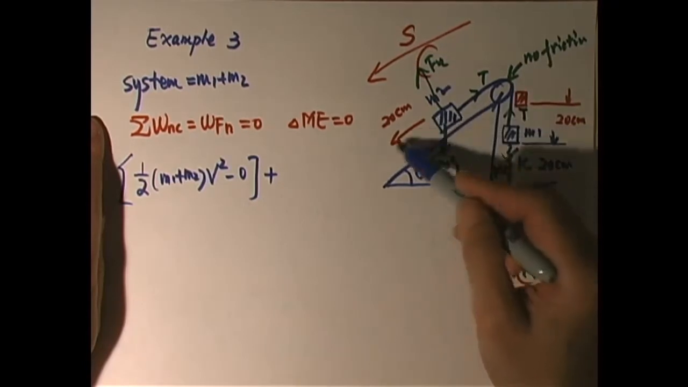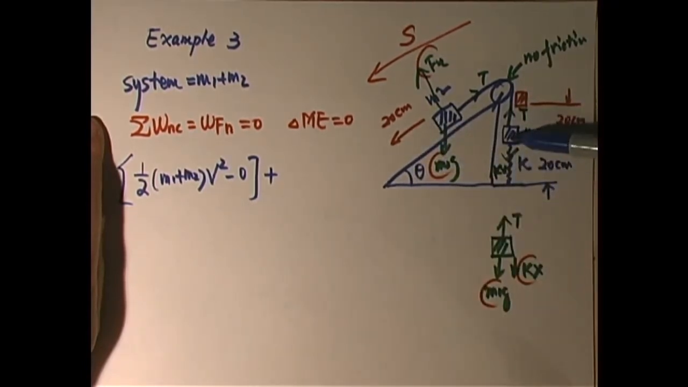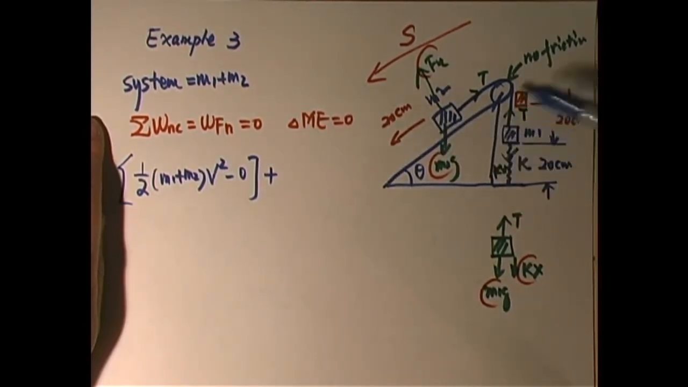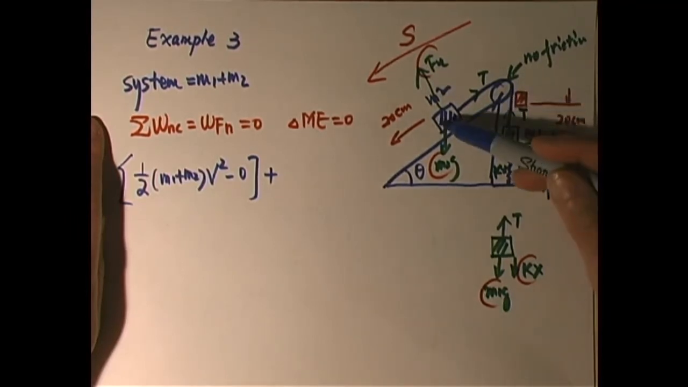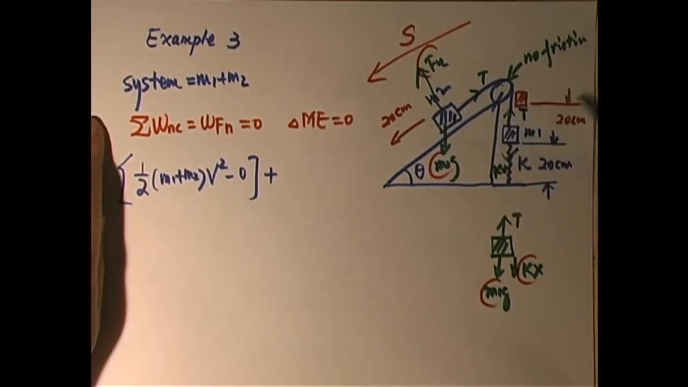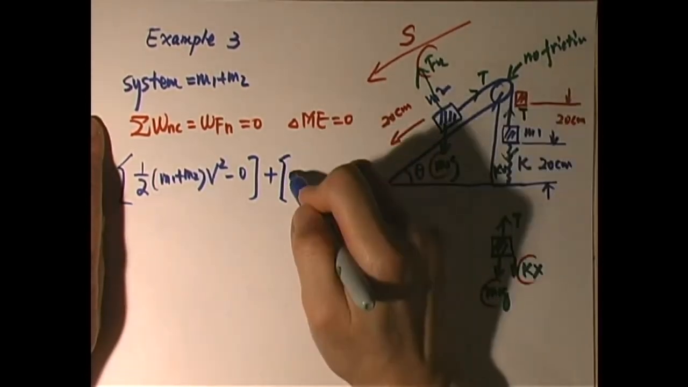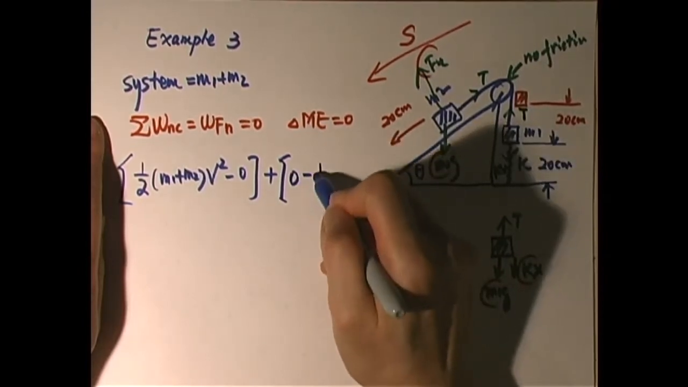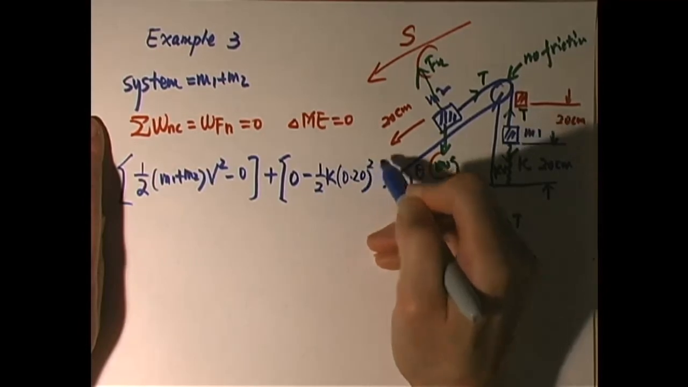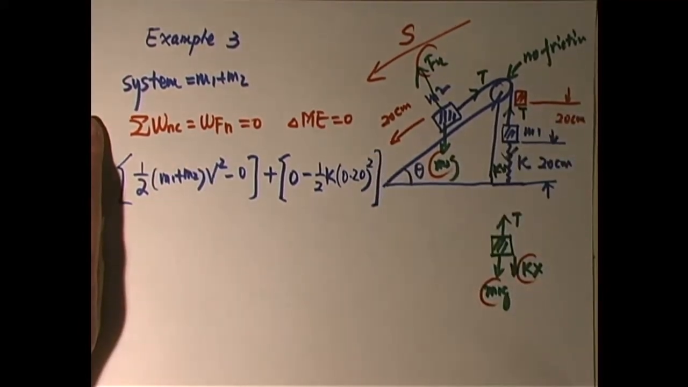initially the spring has been stretched, because this is a position where the spring is at its original length, but since M2 goes down, M1 goes up, so initially the spring has been stretched by 20 centimeters. But finally, when this one comes back and the block comes down here, the spring has no potential energy, so the final minus initial is minus one half K of 0.20 squared. That is the initial displacement. And then